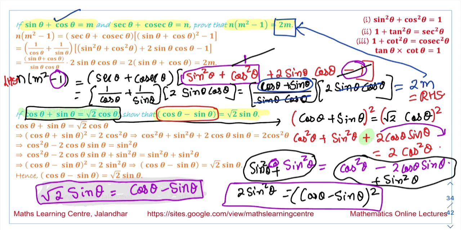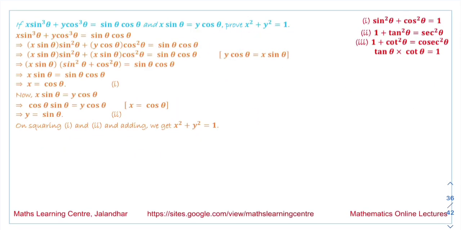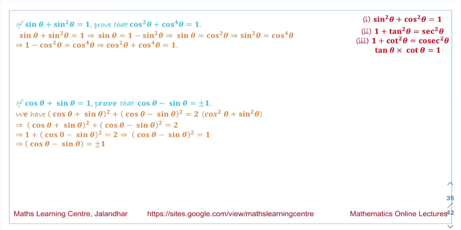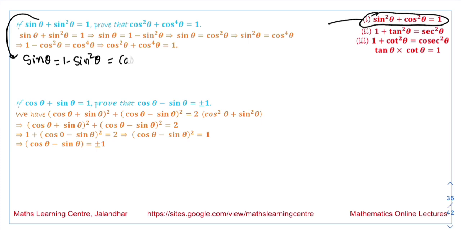Next is, if sine theta plus sine square theta is equal to 1, we have to prove that cos square theta plus cos 4 theta is equal to 1. So from this equation, we are saying sine theta is equal to 1 minus sine square theta, and 1 minus sine square theta, from the first identity, is equal to cos square theta. Now this gives us cos square theta is equal to sine theta, and cos 4 theta will be equal to